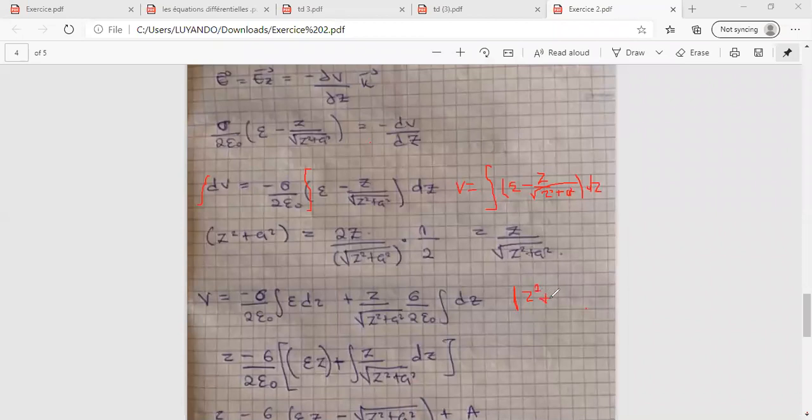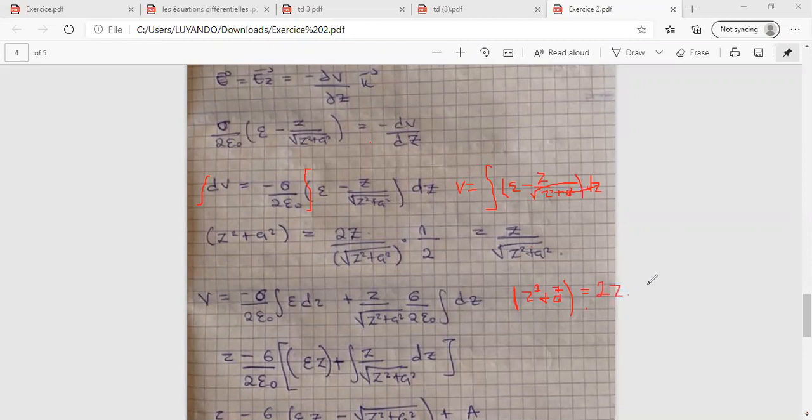So I have z squared plus a squared. The integral of z over z squared plus a squared is what? Here a is a constant, and we're integrating with respect to dz, so we differentiate what is inside with respect to z. If I differentiate a, it's going to be 0, and if I differentiate z squared, it's going to be 2z. Differentiate what's inside, so I'm going to have 2z